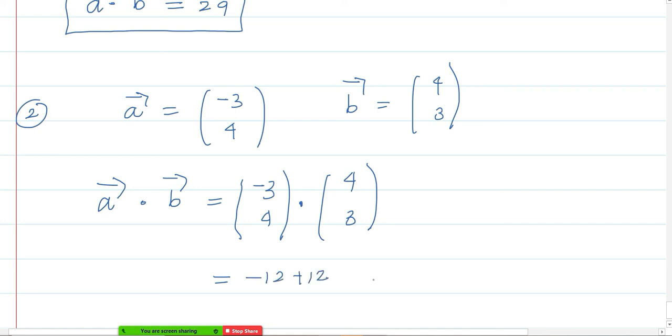Remember, if dot product of two vectors is 0, then those two vectors must be perpendicular to each other, right? If you draw the first vector from the starting point, it is minus 3 and 4. Minus 3 will go left side and 4 will be up. 2, 3, 4. Okay, this is minus 3 and 4. The other one is